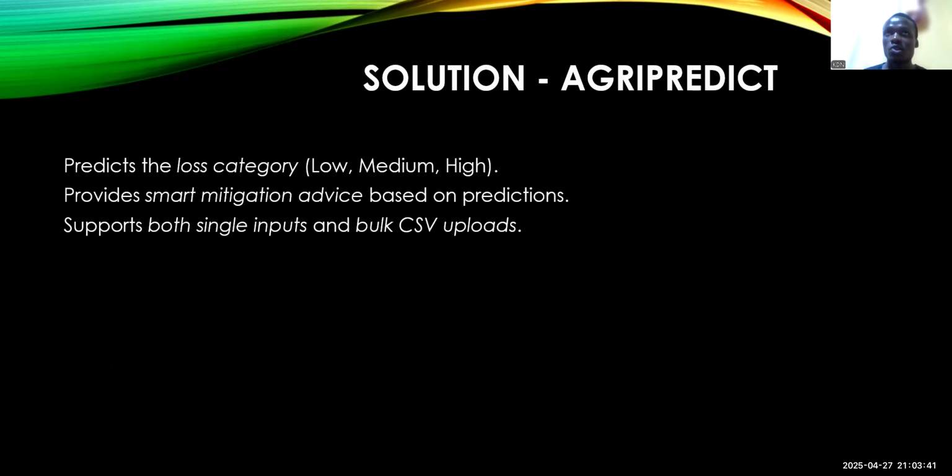Then the solution we have is AgriPredict. This is our web app. It predicts the losses, with loss categories low, medium, and high. It provides smart mitigation advice based on predictions, as well as supports both single inputs and bulk CSV file uploads. As I'm going to be taking you through the slides and